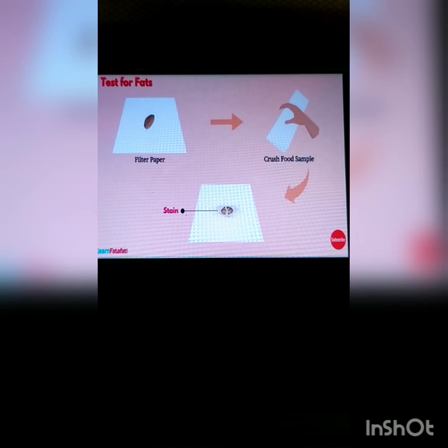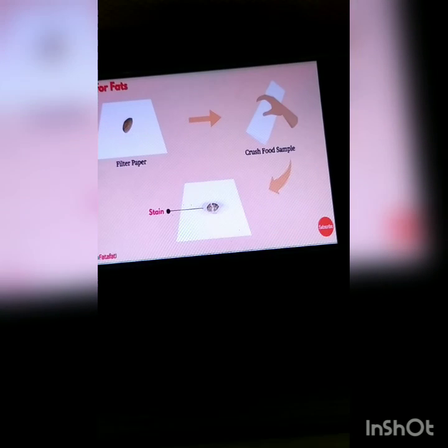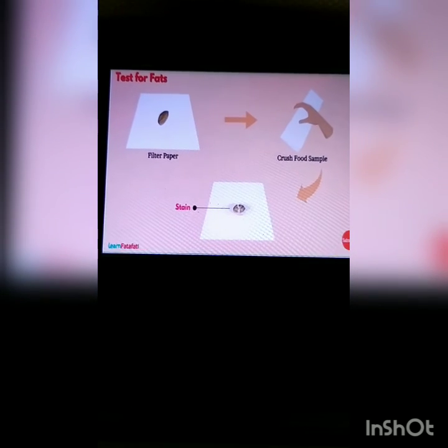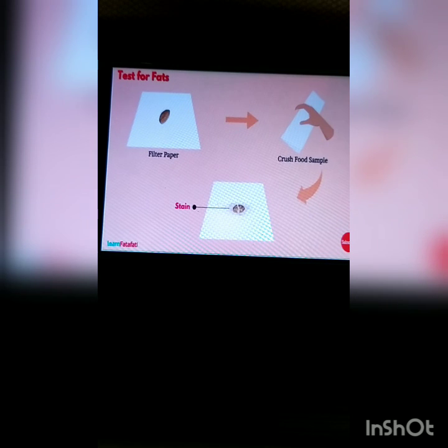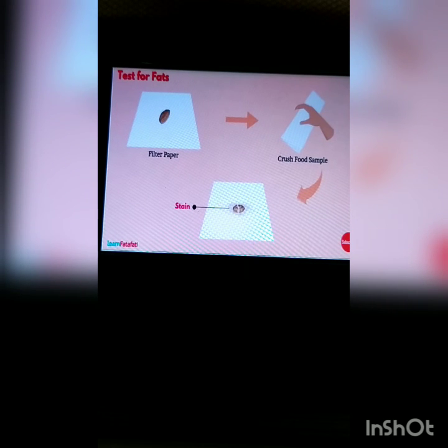Then we have tested items for 3 nutrients, that is carbohydrates, proteins and fats. There are also other nutrients like vitamins and minerals that are present in different food items, but the tests for them are more difficult, not simple as this.